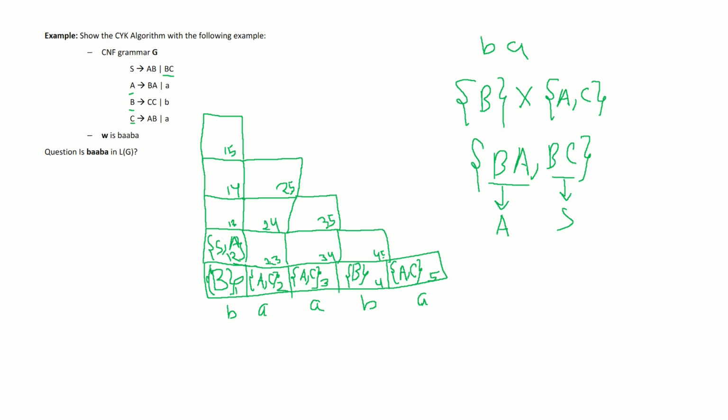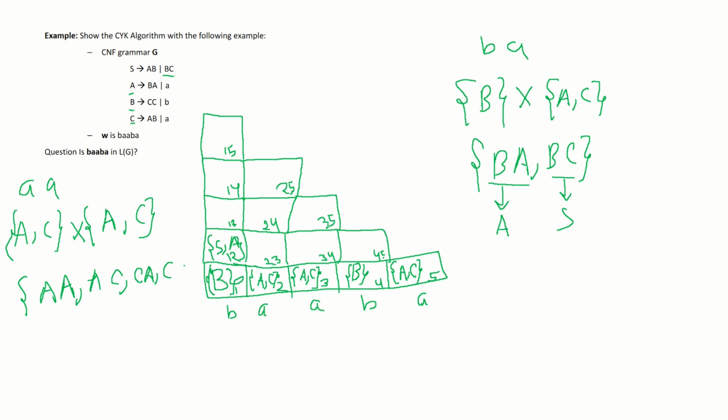the substring from position 2 to position 3, which is double A, right? Now this A of position 2 can be produced from A and C, and the position 3 can also be produced from A and C. Now the cross product will give us AA, AC, CA and CC. So now what we will do, we will check in the grammar and see if these productions